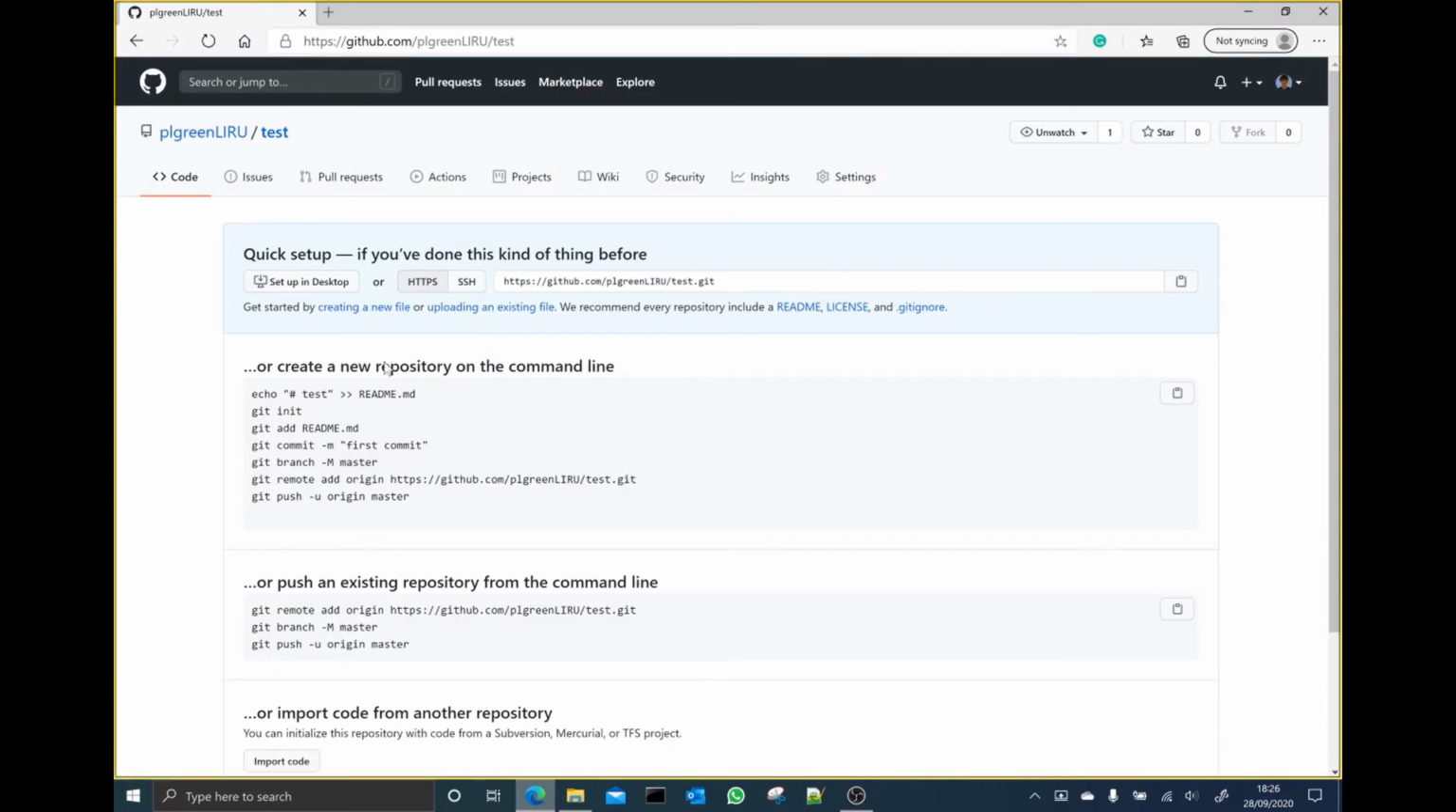And there we have it. We have a place online where we can send our code as we update it. So now the next step is to get a copy of that repository on our computer. So I'm